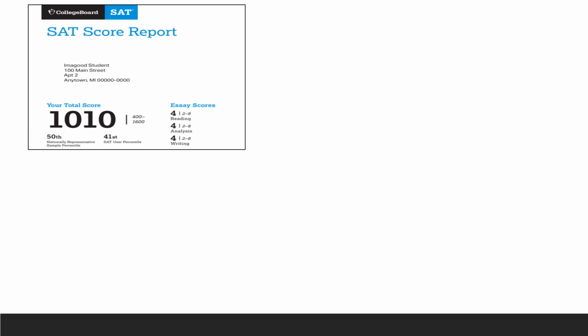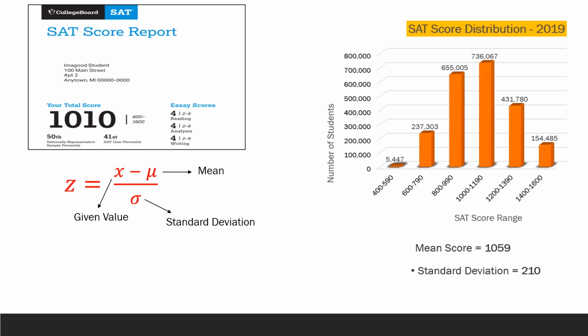From our last slide, we know that the z-score equals given value minus mean over standard deviation. So in this case, our given value is 1010 because that's the score which we're trying to find the percentile for. We have two unknowns, which are the mean and the standard deviation. However, from the SAT score distribution in 2019, we found out that the mean score was a 1059 with a